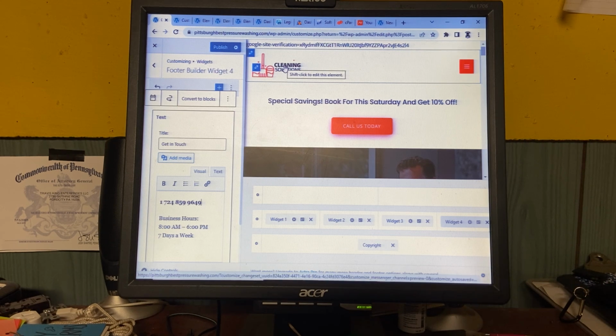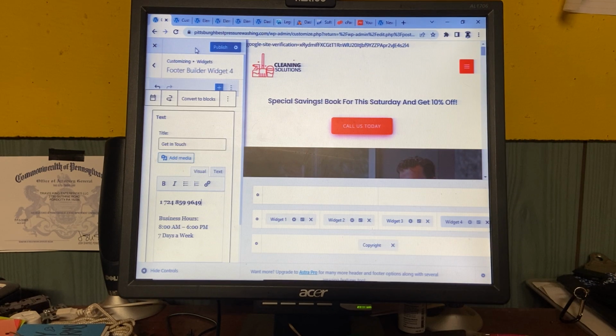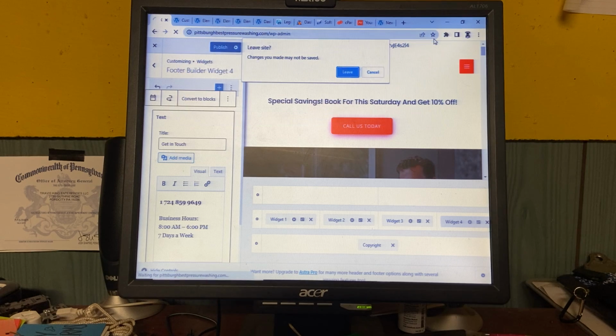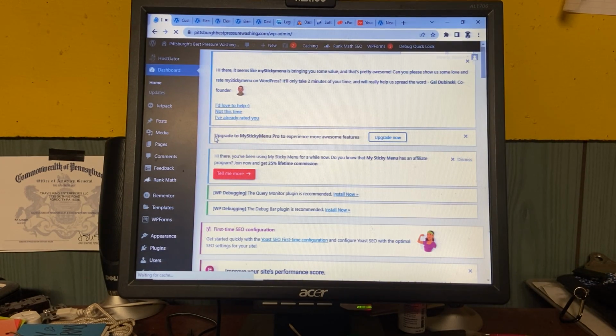You can change these pictures out. It's as easy as that, but you have to come through Appearance to change this stuff out. And I'm not even going to save it because I have to switch it to a different phone number anyway. But yeah, there's some stuff that you can't do through the pages. And it's all just learning, playing with it, learning as you go.